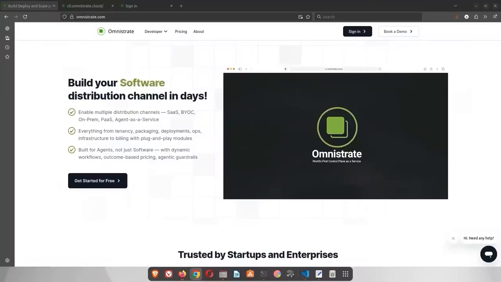Omnistrate is a developer framework that helps you build your own distribution channel in days, not years. There are many types of distribution channels from SaaS, BYOC, on-prem, PaaS, to even agent as a service. You can start with the artifacts you already have, such as container image, Docker Compose, Helm, Operator, Customize, Terraform, or even just an idea. Omnistrate uses these familiar formats to define your platform with no changes required to your existing